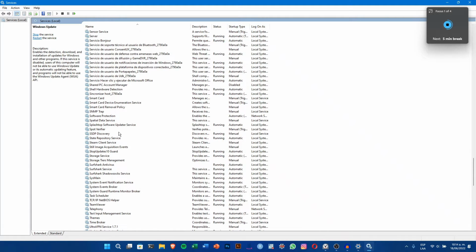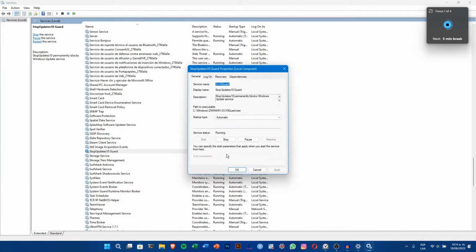So then you're gonna find this service, Stop Updates, and you're gonna click on Properties. And as you are seeing, it's running. So you're gonna click on the startup type, you're gonna click on disable, then you're gonna click on stop, and then you're gonna click on apply. That service basically makes all the Windows updates stop. Sorry for saying that one more time, but basically it isn't allowing the updates